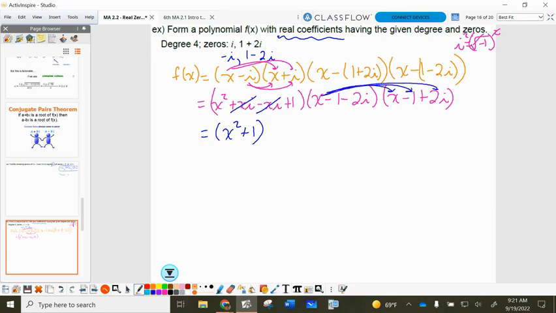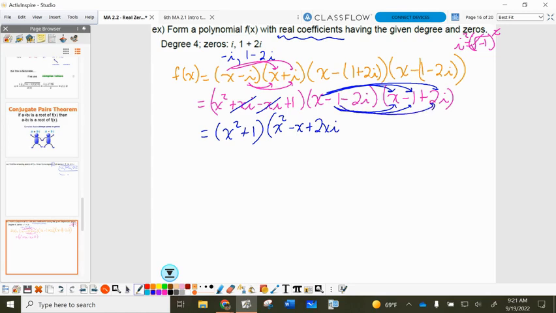Everything in the first parentheses multiplies by everything in the second parentheses. So in that first one, distributing the x times x is x squared, x times negative 1 is negative x, times 2i is 2xi. Now we're going to distribute the negative 1